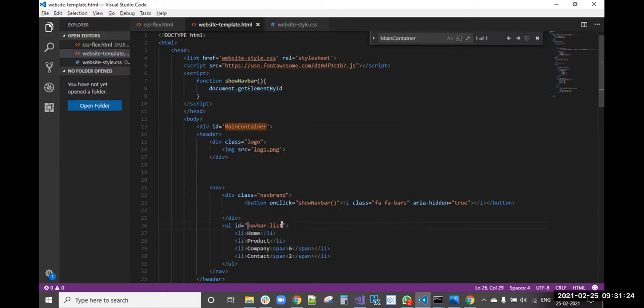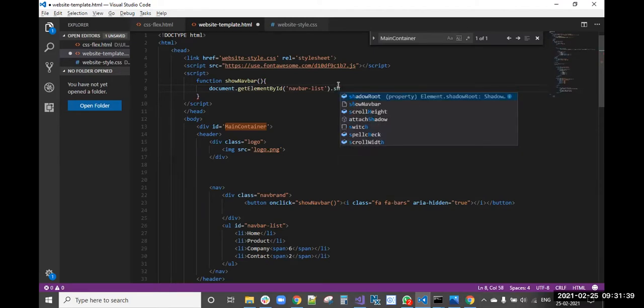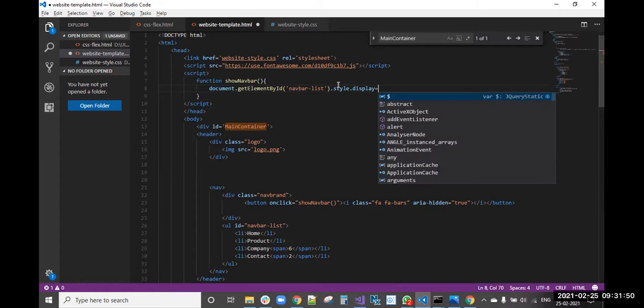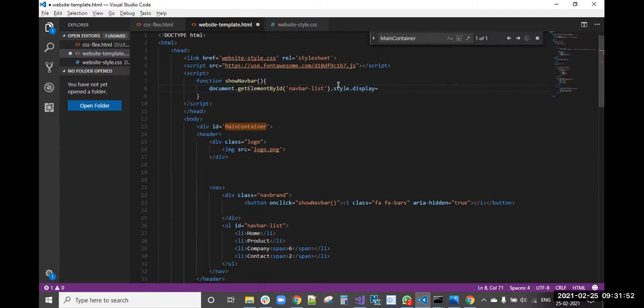Have a list, style dot display equal to block.